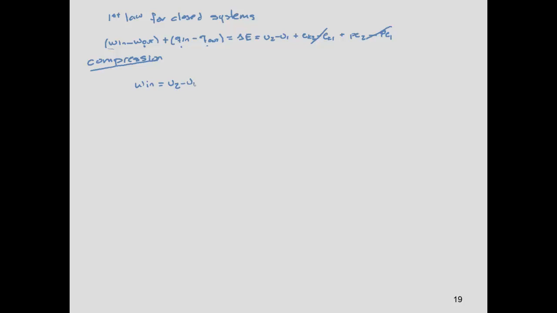equal U2 minus U1. And remember, we can analyze this two ways: constant specific heats, in which case it will be Cv (T2 minus T1), or variable specific heats, in which case we get U2 and U1 from table A17. Okay, if we do the same analysis, we're going to repeat it once, and the other two will be left to you as an exercise,